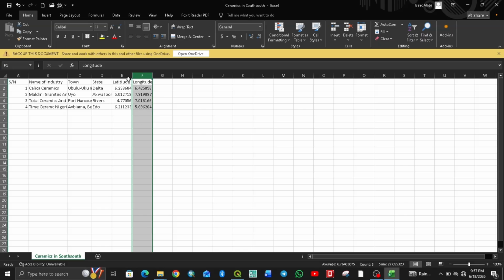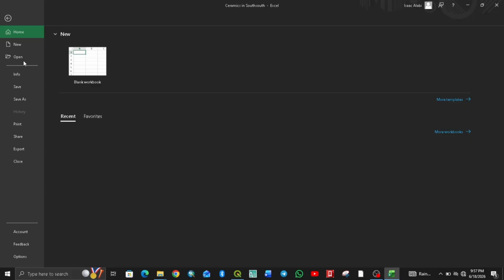So you can arrange it anyhow. Since you have all the coordinates, you can just arrange it anyhow. Can you see now how I arrange mine? So you can also do like this too. Good. So when you've done this and you want to save this Excel file, just come here, click on